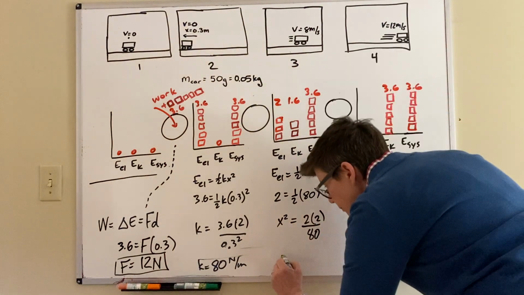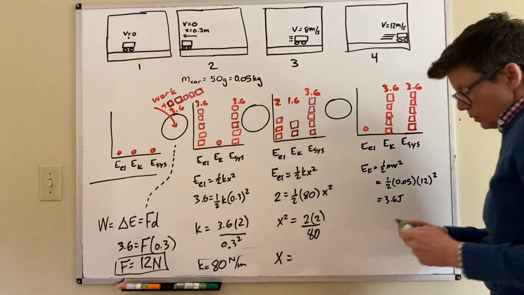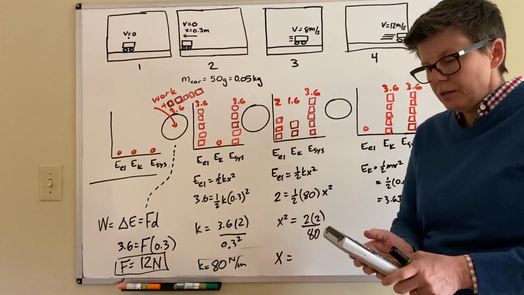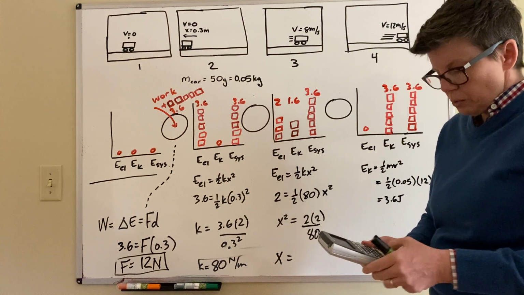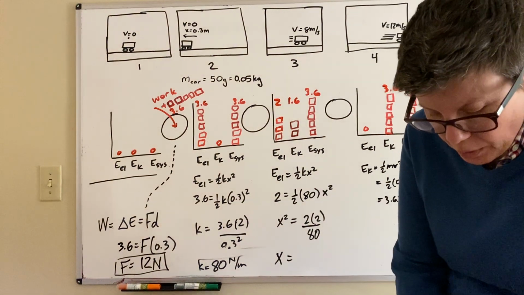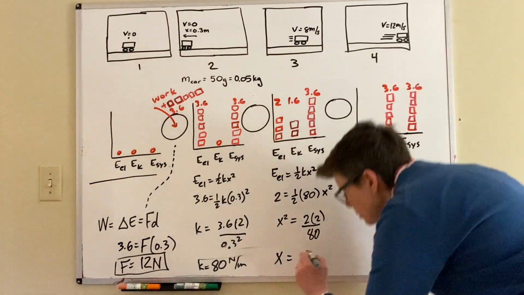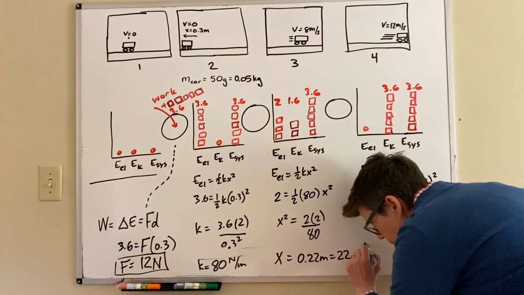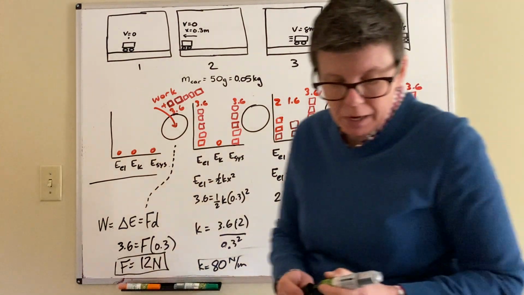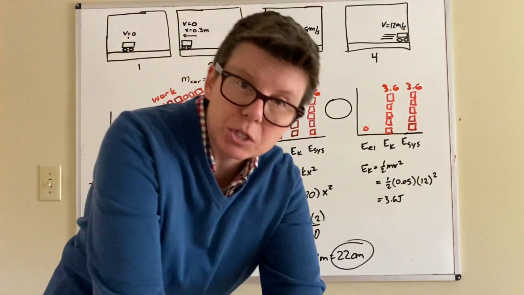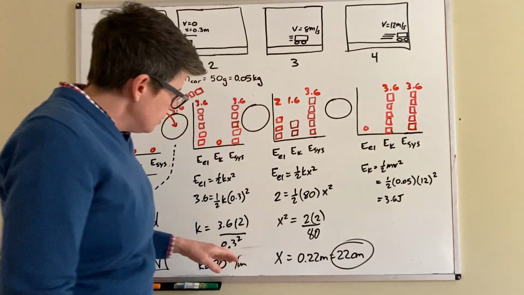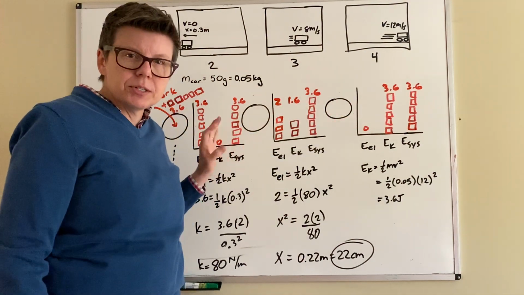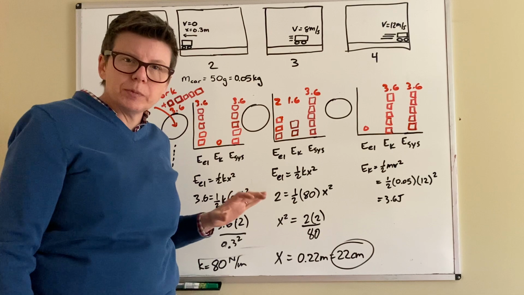Square root of all that. Four divided by 80. And then take the square root of that. I get about 0.22 meters, or 22 centimeters. That's the answer to the final part of question 5. What was the displacement of the spring? Having the quantified flow diagram makes this a much, much simpler problem to solve. I strongly recommend